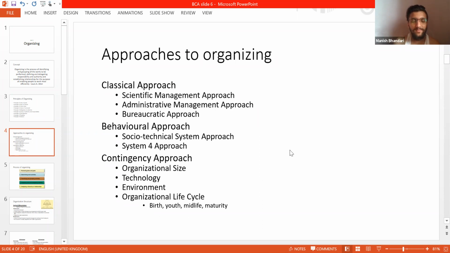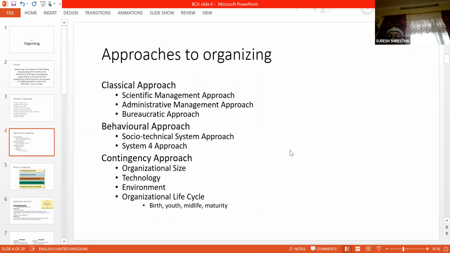Yes, sir. So, यसमा मैले धेरै एक्सप्लेन गरिन किन भन्दाखेरि क्लासिकल अप्रोच भनेको हामीले क्लासिकल थ्योरी पढेको छ हैन, त्यसमा साइन्टिफिक म्यानेजमेन्ट थ्योरीले के भनेको छ त्यही अनुसार अर्गनाइजिङ गर्ने हो. एडमिनिस्ट्रेटिभ म्यानेजमेन्ट थ्योरीले के भनेको छ त्यही अनुसार चाहिँ नि अर्गनाइजिङ गर्ने हो. ब्युरोक्रेसी, मैक्स वेबर्सको ब्युरोक्रेसी थ्योरीले के भनेको छ त्यही अनुसार चाहिँ नि organizing गर्ने हो. These are the very classical approach of organizing हो भने behavioral approach मा चाहिँ नि now you also consider the